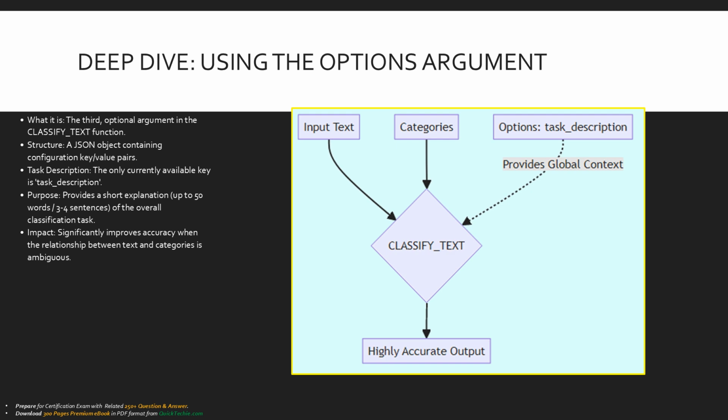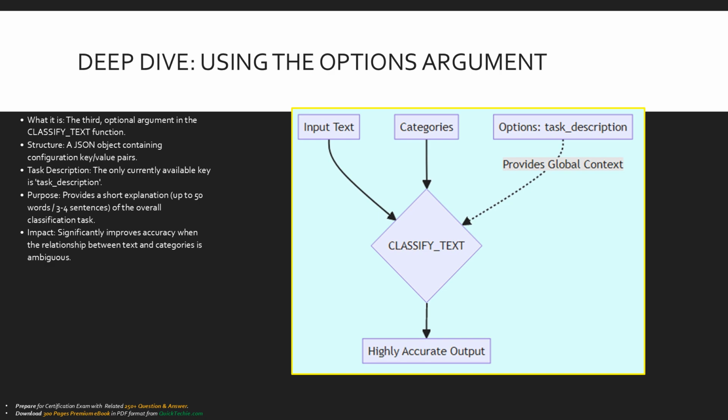For example, you are an IT routing assistant. Classify the following employee request into the correct IT support queue. When you provide this high-level directive, the model adopts the correct persona and context. This is especially impactful when the input text contains overlapping themes or ambiguous language that could technically fit into multiple